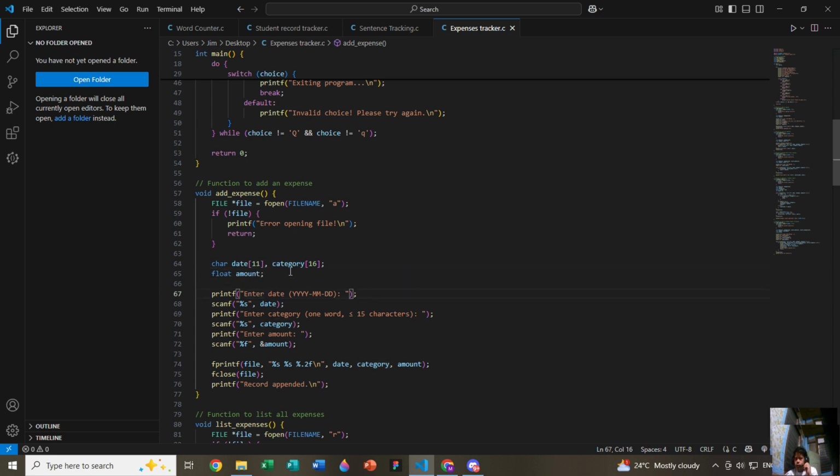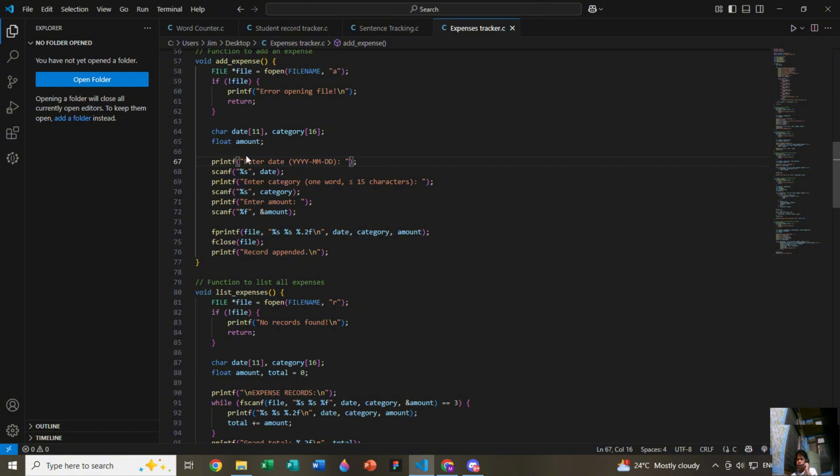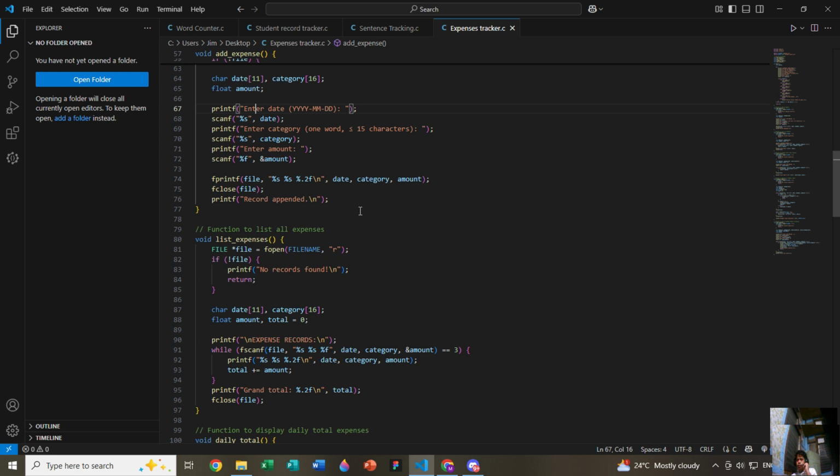Now for printf, of course, it will prompt the user to enter the year, month, and day with dashes in between them, not spaces. Scan F to get the user inputs. Same thing here, just enter the category, scan F to get the inputted category, and enter amount. Scan F again to get the inputted amount.